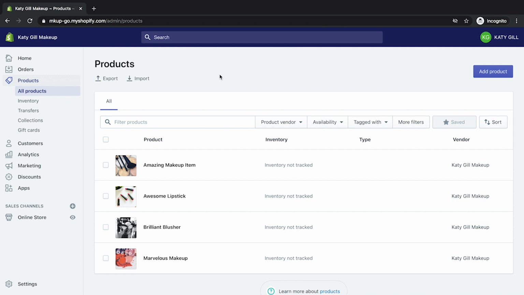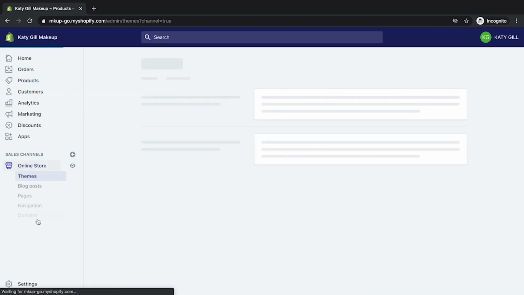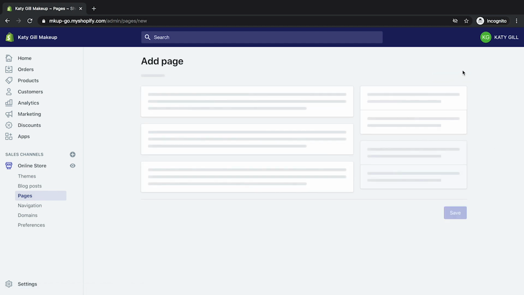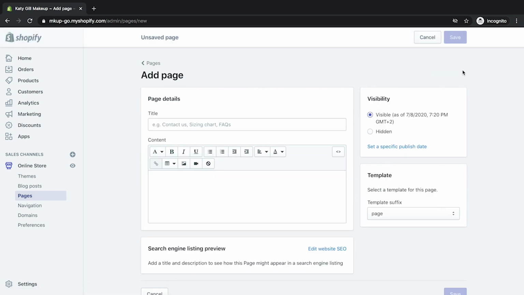Let's go and make some pages. Head over to Online Store, click Pages, and then click Add New Page. Just a quick word of warning here. As an e-commerce platform, selling products, taking payments, shipping, all that sort of stuff, for people that are not overly experienced in e-commerce, Shopify does an amazing job. It really is great out of the box. However, when it comes to things like pages, it can fall flat a little bit. You're not going to get any amazing layout styles, combinations, and content blocks like you will get on the homepage. I'll come to that a bit later.